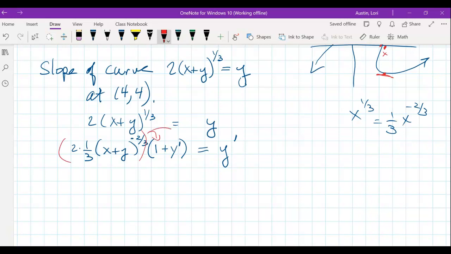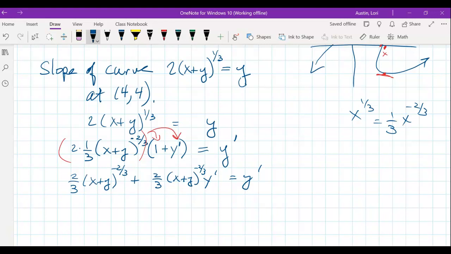Take this and multiply it by everything inside. Well, the first thing is 1. I'm just multiplying all of that by 1. So it's 2/3 x plus y to the negative 2/3 times 1, and then plus 2/3 x plus y to the negative 2/3 times y prime equals y prime. Okay, this is just algebra. I took this whole thing and distributed it, because I can't move anything over to the other side of the equation until I do that. So now,